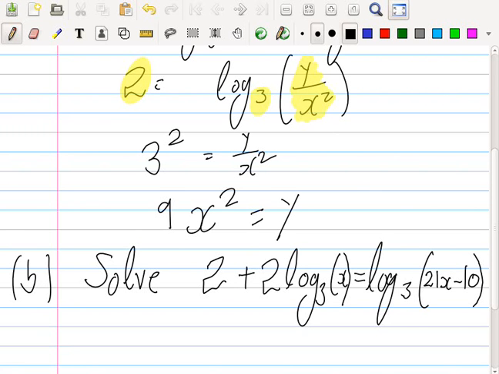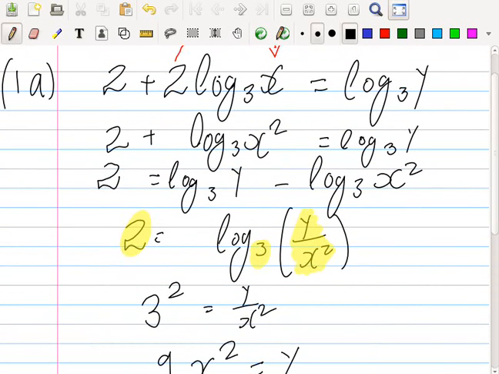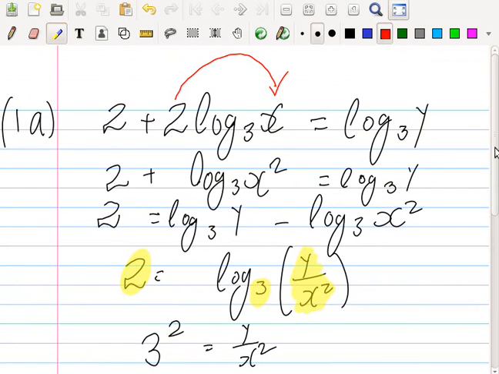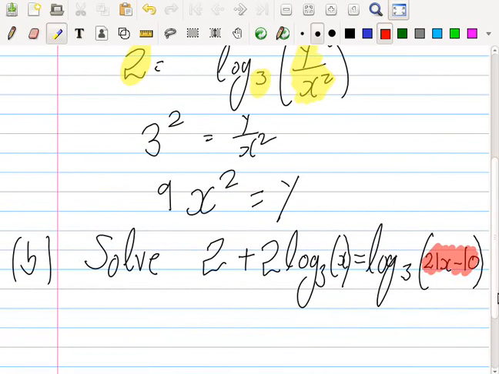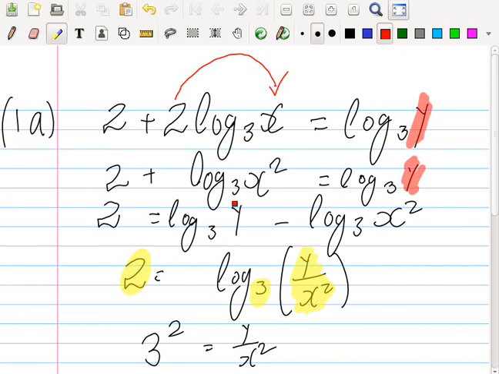Now this one here looks familiar because it is. If we go back to the first one, you see here we have 2 plus 2 log 3x equals log 3y. And in this one here we have 2 plus 2 log 3x equals log 3, 21x minus 10. Now what they were hoping in the exam is that you'll recognize that this is exactly the same as the previous problem, except instead of y, what do I have instead? 21x minus 10. So in fact, when you try to solve this, you will go through exactly the same steps,